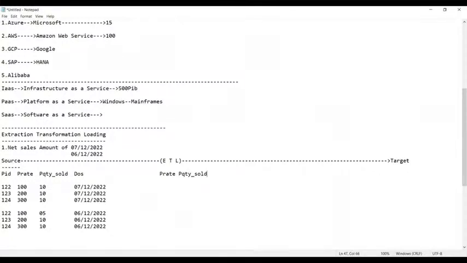In fact, we require DOS, the date of sale. Without a date of sale, how can you find out? So now, these are the three columns, out of all these four, all available data,